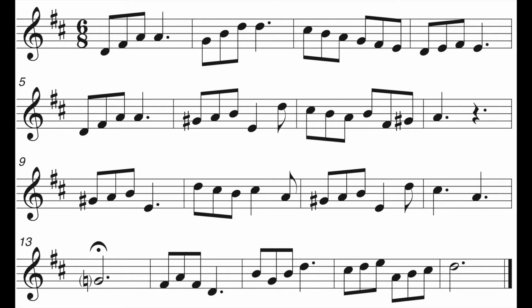Now, turn your attention to the last two systems. Notice that in measure 13, we no longer have G sharps, but G natural, and G naturals through the end, so we actually modulate back to D. With this in mind, we start in D major, we modulate to A major, a closely related key, and then